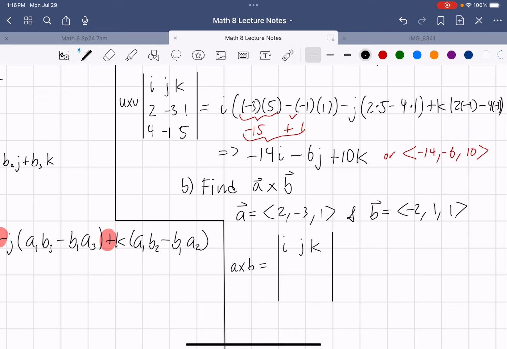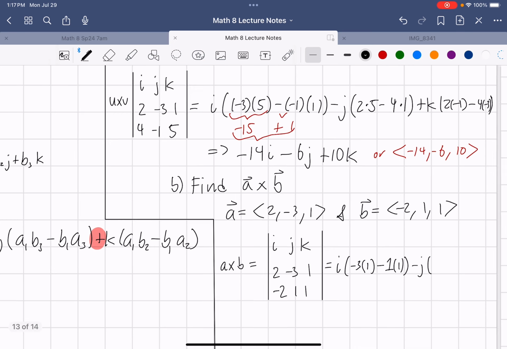So my first vector is a, so it's going to be 2, negative 3, 1, and negative 2, 1, 1. And I'm going to have first column is i times negative 3 times 1 minus 1 times 1. And then minus j